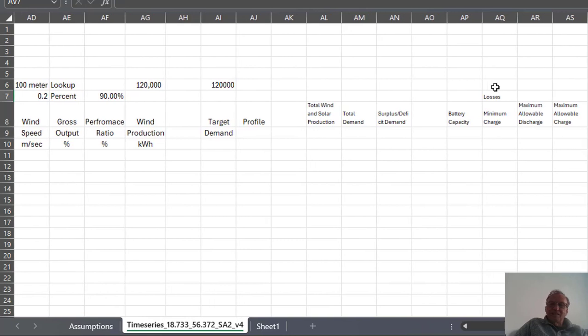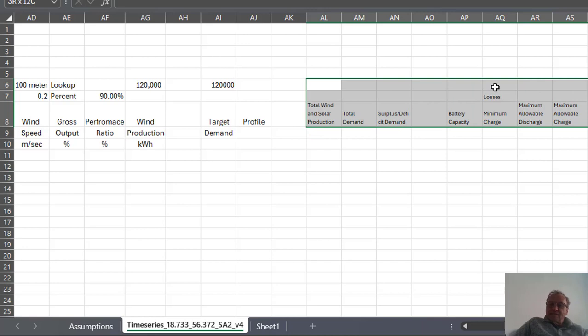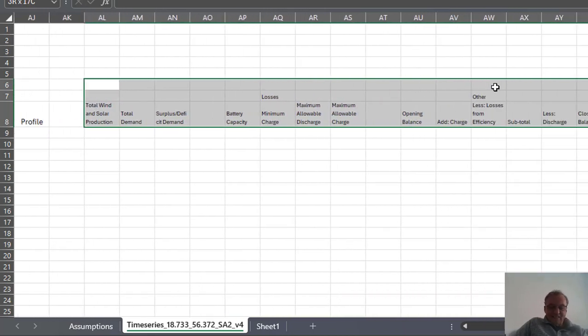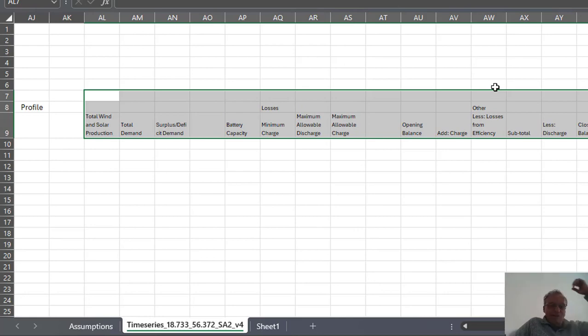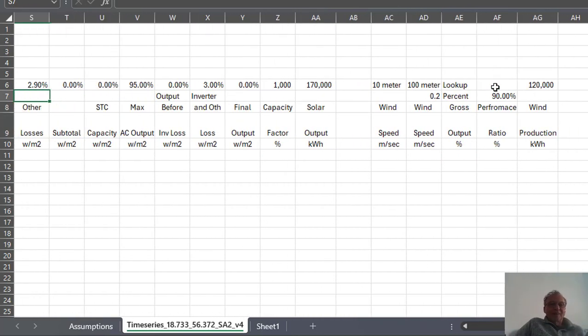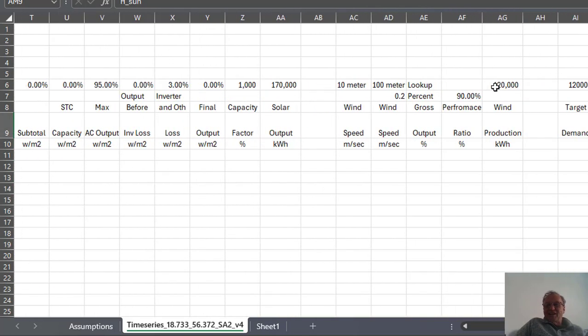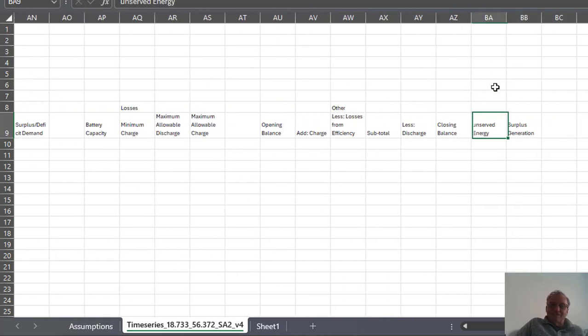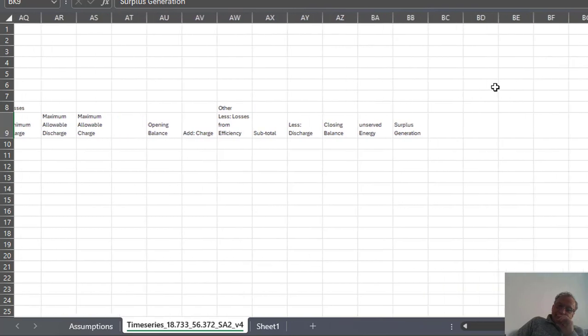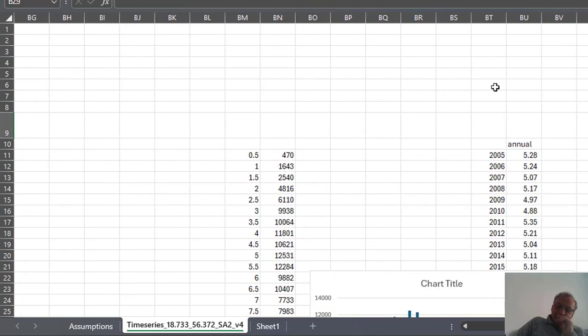Oh, we need to do something about getting the things correct. You know what I might do? I think what I'll do is we'll make another template, and we'll leave all of this stuff in the template, and then basically just have you copy this stuff from your other file and let it just operate and finally get the unserved energy and the generation, and then we make some nice little graphs, and then we can summarize this and get it by hour or by year